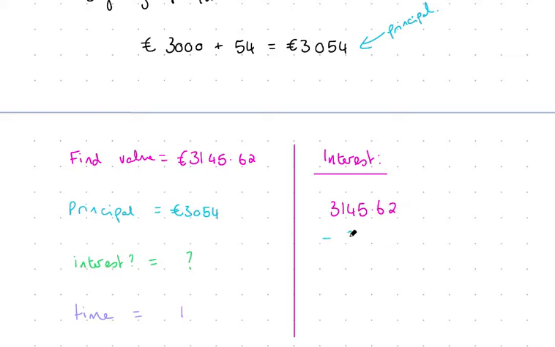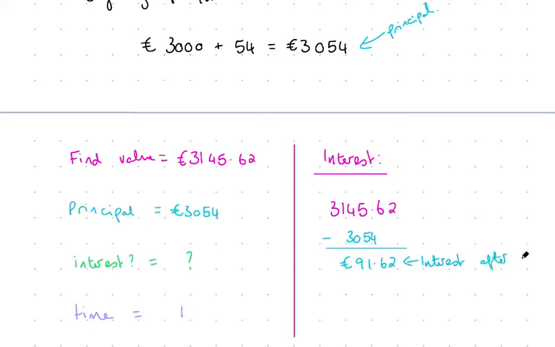But remember, he put in 3,054 euro into that. So when I subtract those two, 3145.62 take away 3054, we're going to get 91.62. Now that is the interest earned